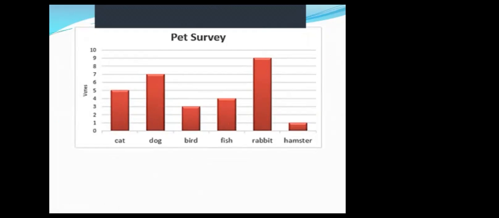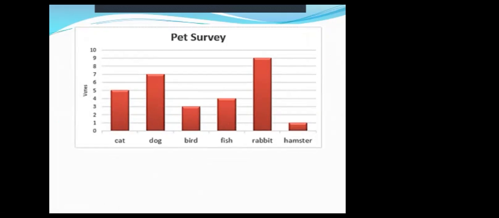Now you can see the red bars here. These red bars are of uniform width. All of their widths will be equal. And the gap in between should also be uniform, equal gap. Now should I start making you construct the same graph? Yes, ma'am. Start the graph. Okay, I'm coming back.